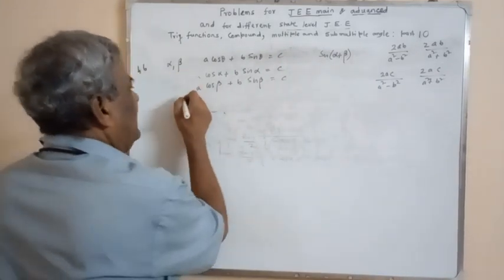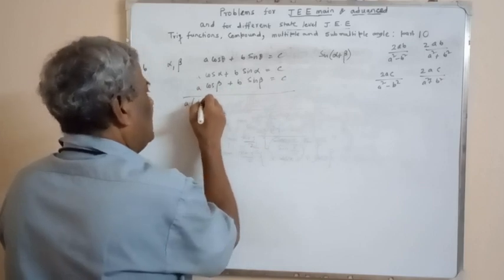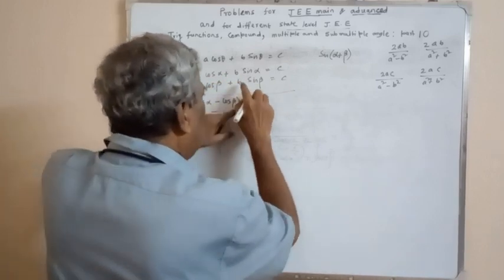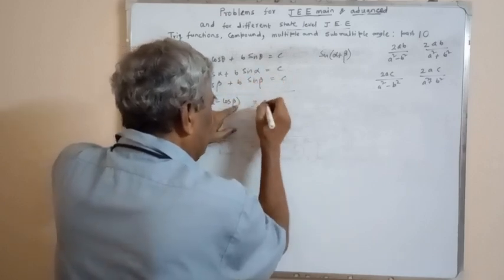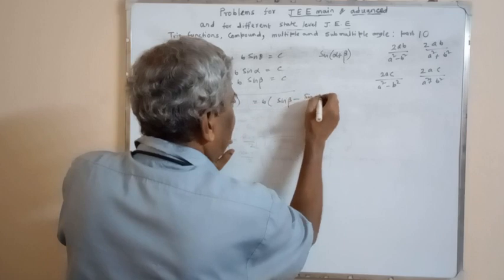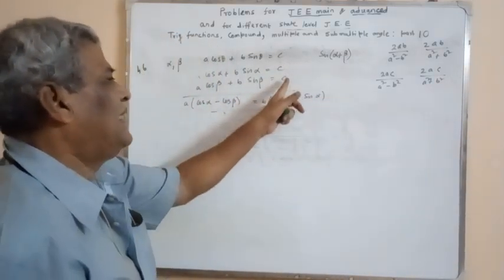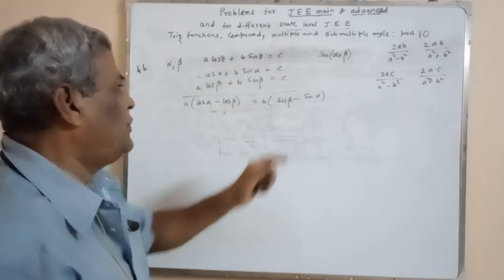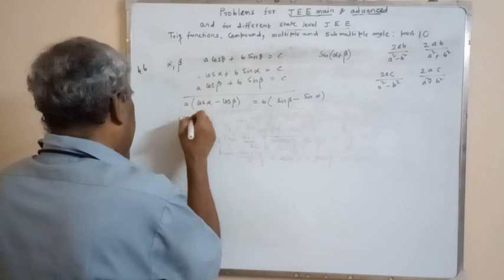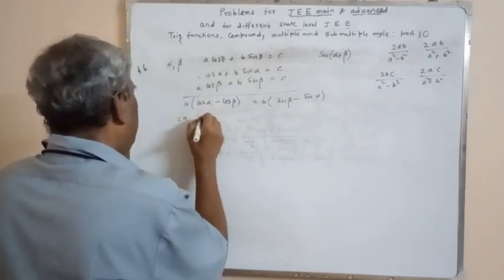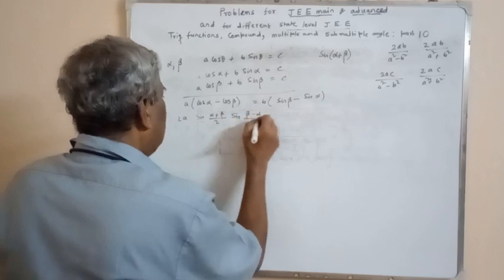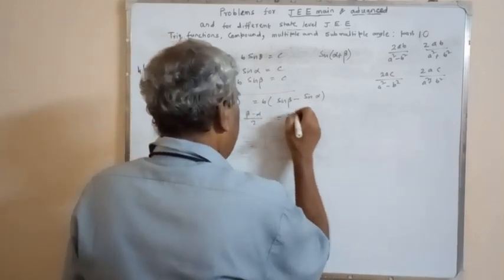From these, subtracting, we must have a into cos alpha minus cos beta plus b into sin alpha minus sin beta, that is in right hand side b into sin beta minus sin alpha. That side is 0 and this minus that is taken into that side. Now using the formula cos c minus cos d, this is equal to 2a into sine alpha plus beta by 2 into sine beta minus alpha by 2 is equal to 2b into of the type